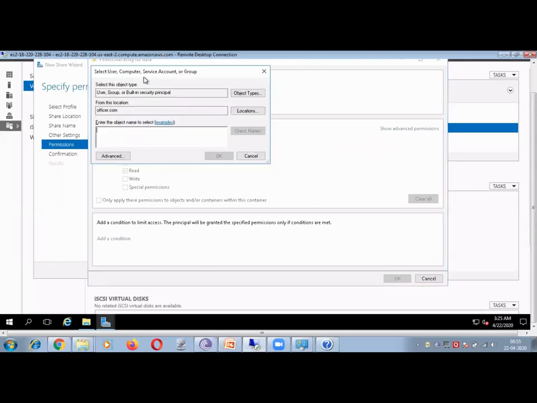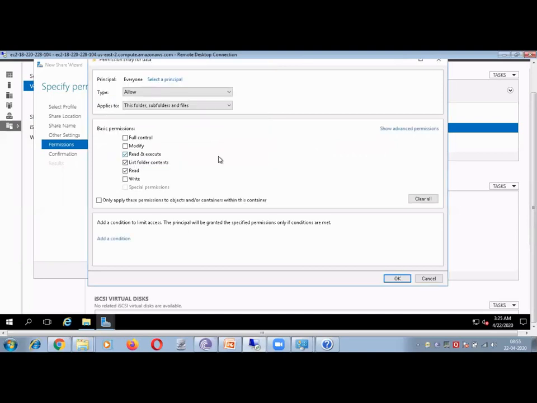Give it everyone, click check name, click OK. Now give only the read permission for an example. So this is the way you can alter the permission.